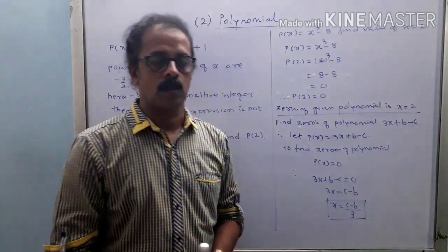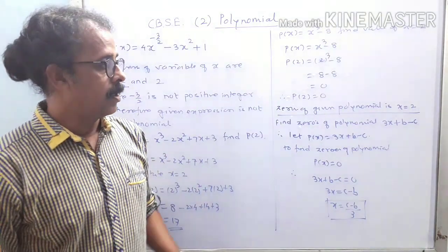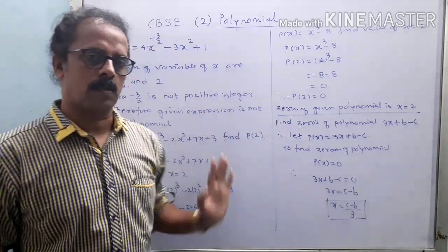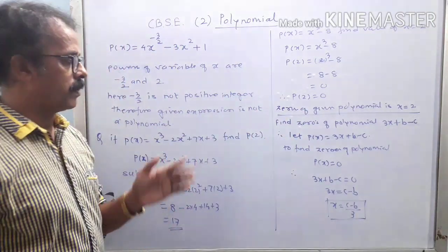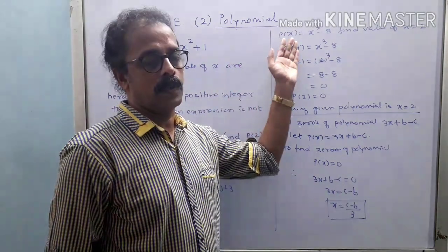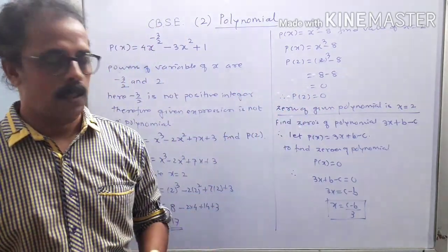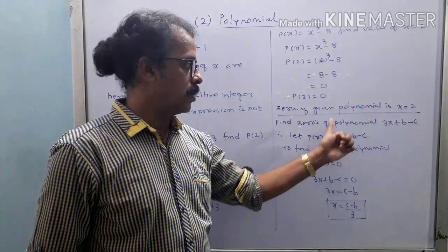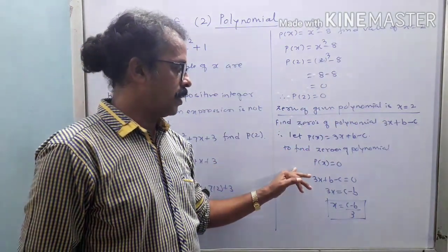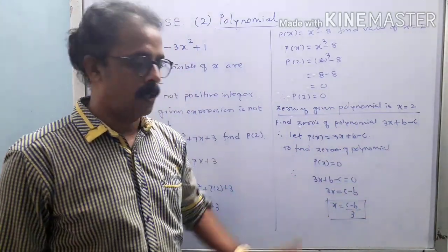That will be the zero of the polynomial. Or they could ask you a question where the polynomial involves some x and some constant k, and this is the zero of the polynomial at x is equal to some value, hence find the value of k. So they could ask you questions like that. Here I have given you the simple idea of how to find the value of x. When I substituted the value of x, I found that it is 0, so it is the zero of the polynomial. After that I gave you one application of that. If they ask for the zeros of a given polynomial, I let that polynomial be p of x. To get that zero, we have to equate it to 0, and then proceed further to find the value of x.